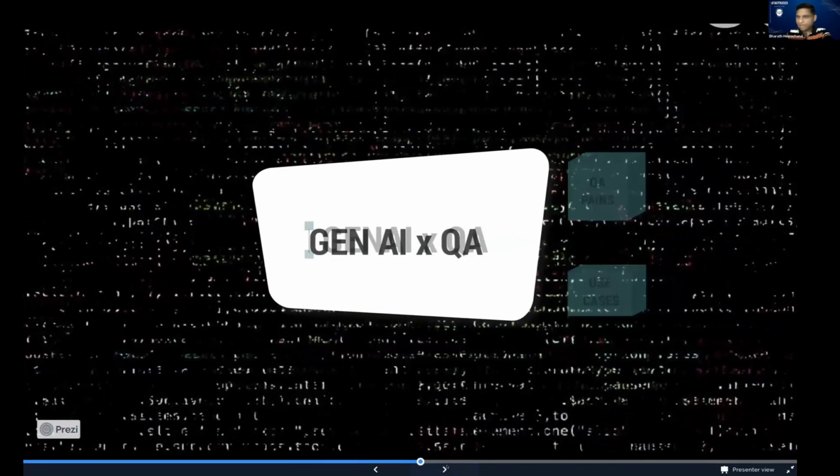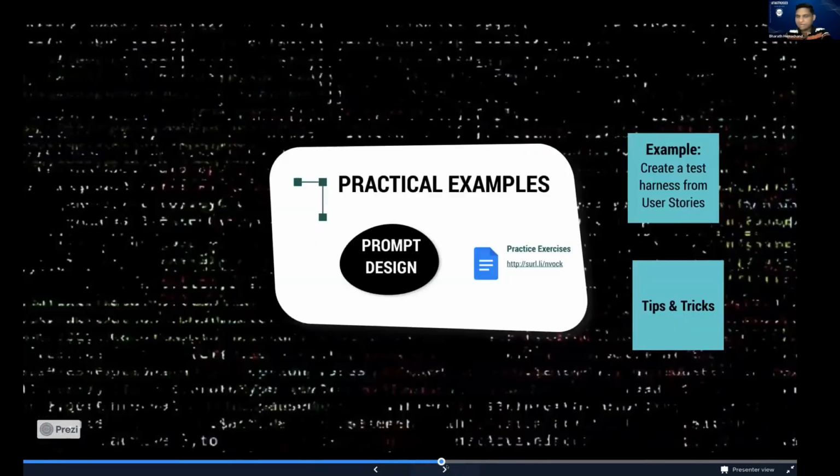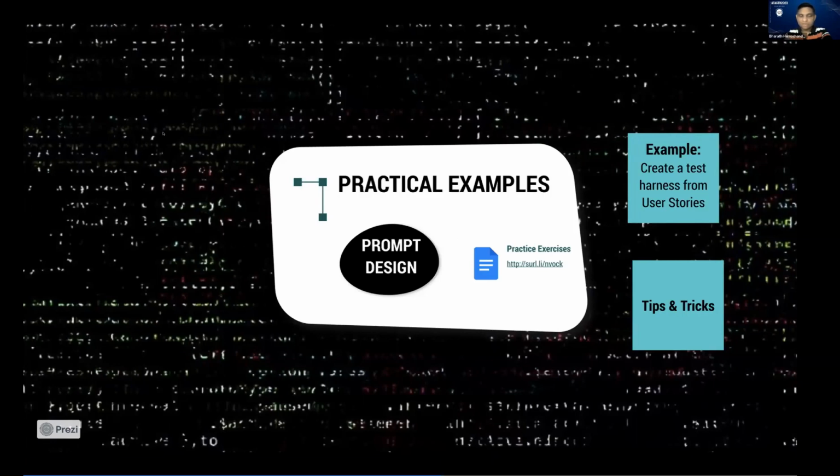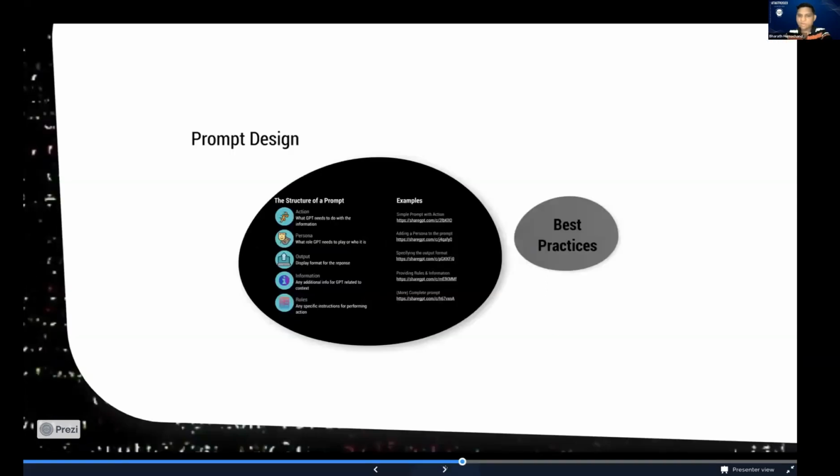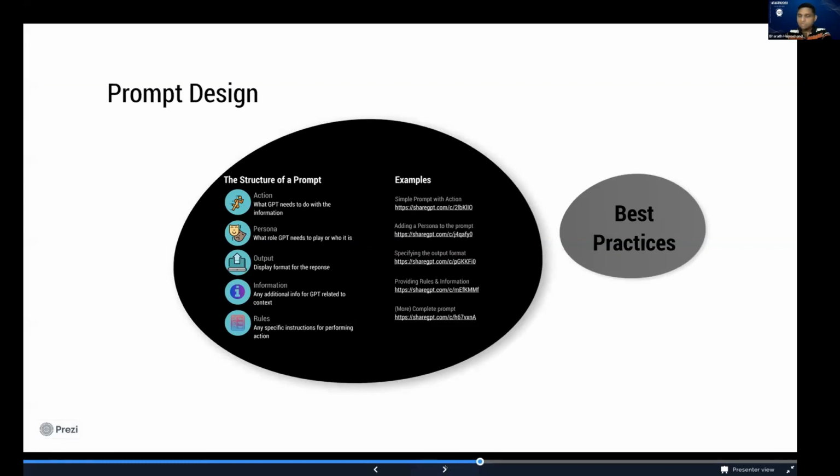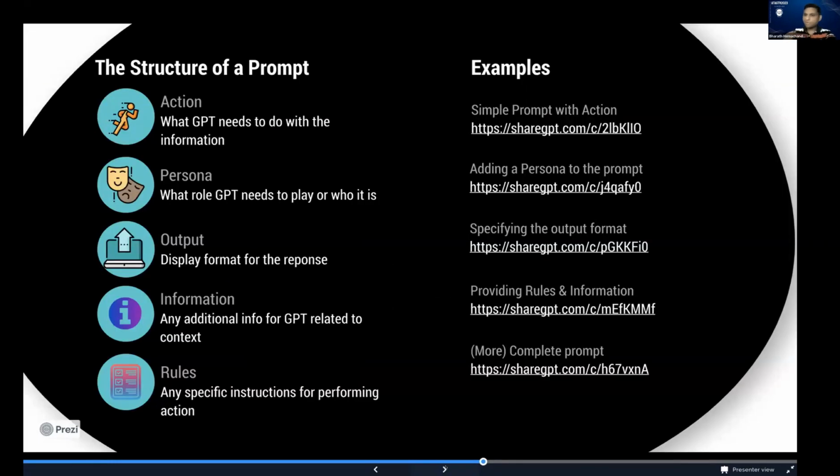So let's take a look at some practical uses of these, right? And as Saurabh mentioned, a very important aspect of working with large language models is to be able to specify what it is that you're trying to ask it to do, right? A big part of this entire work is being able to instruct it properly in terms of how it should work. So the first thing we're going to take a look at is prompt design. This is not prompt engineering as yet. This is prompt design: being able to structure your input in a way that makes the most sense to the